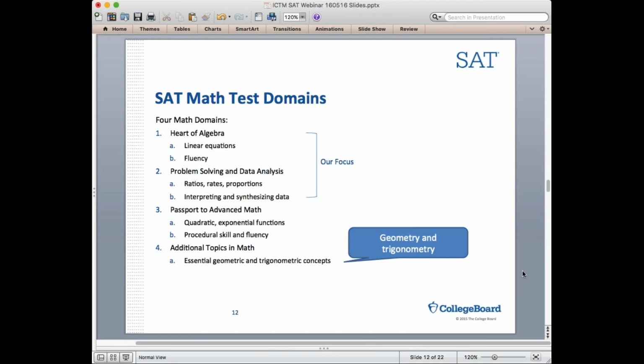Let me dig in a little bit on the content on this next slide. The questions in each of the areas span the full range of difficulty and address relevant practices, fluency, and conceptual understanding. Students will be asked to analyze, fluently solve, and create linear equations and inequalities, and demonstrate reasoning about ratios,